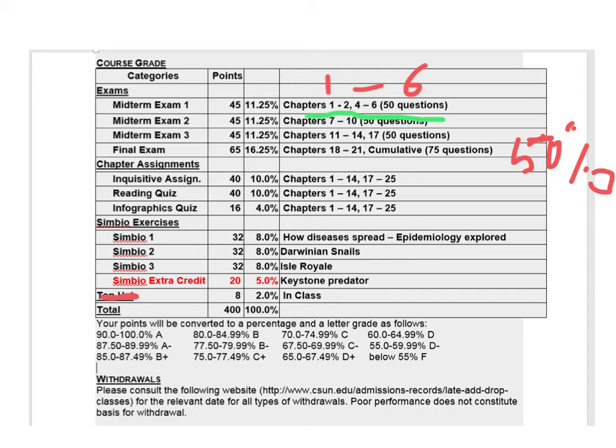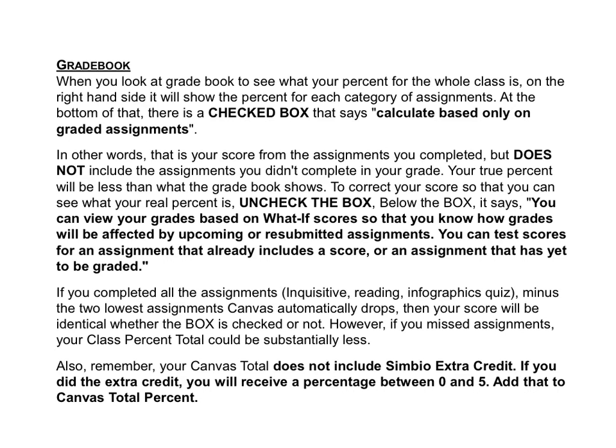Withdrawals. Please consult the following website for all the relevant dates for all types of withdrawals. Poor performance does not constitute basis for withdrawal. Okay, so when you look at the grade book on Canvas, the Canvas grade book,